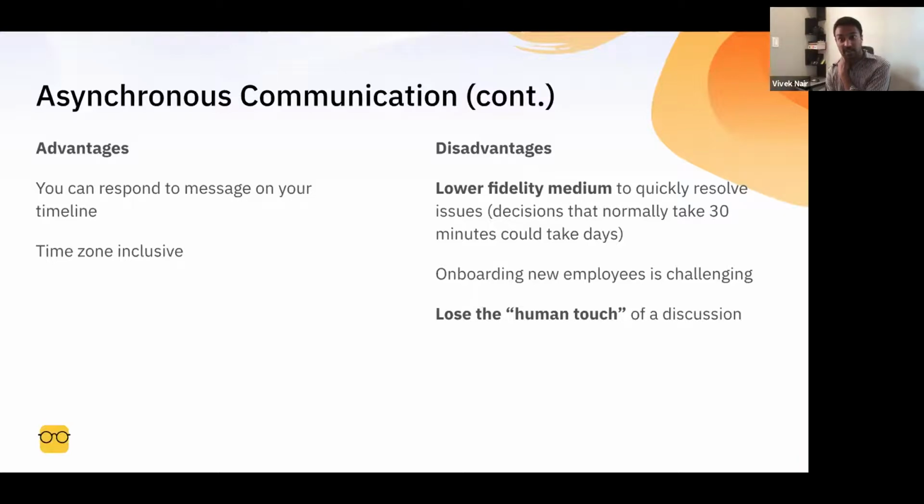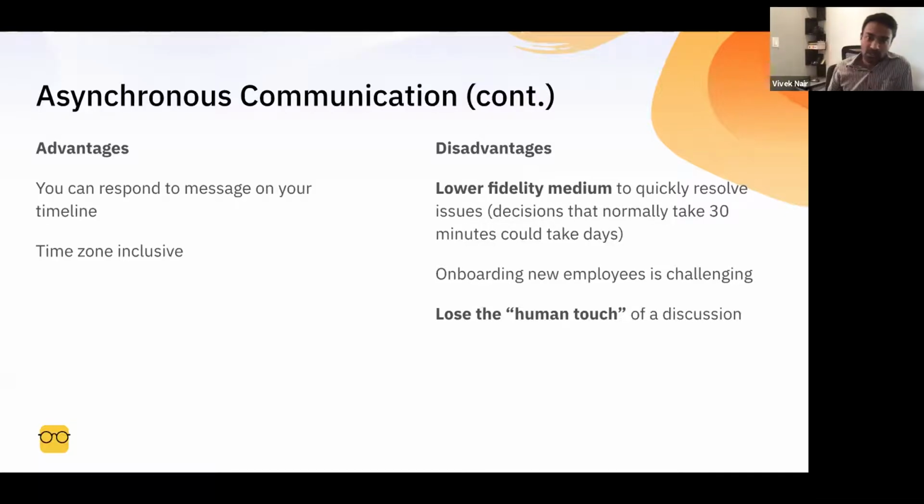But the disadvantage is that it's a lower fidelity medium, right? So if I send a message to you and I have an expectation that it's going to be triaged at a later point, Doug, if I'm sending him asynchronous comms, could respond to that 5 hours later. But oftentimes that might mean I'm actually blocked on his tasks for the next 5 hours, right? So you either have to be incredibly explicit about how you specify tasks and structure, or you just sort of have to wait it out until they get back to you. So that can be the frustrating part. The lower fidelity medium can be a little bit challenging.